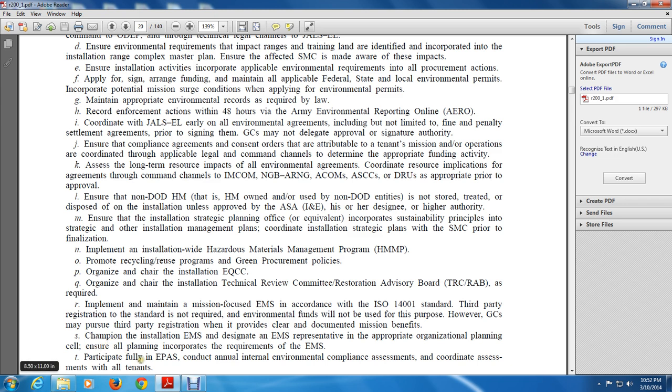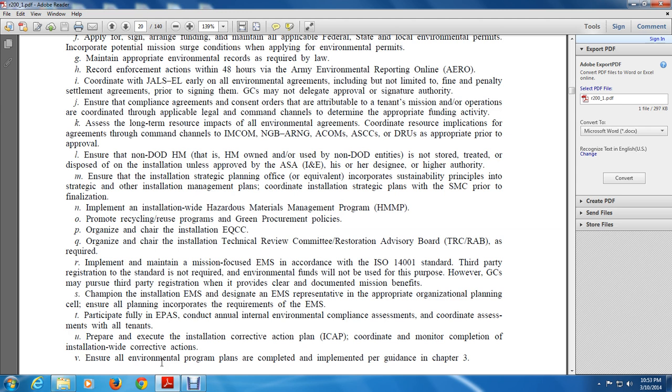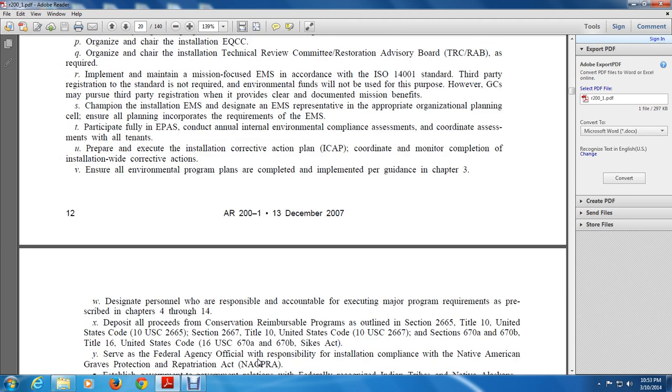Participate in the EMS to conduct an annual internal environmental compliance assessment, coordinating the assessment with the tenants. Prepare and execute an installation corrective action plan, and coordinate and monitor completion of installation-wide corrective actions. Ensure all environmental programs are completed and implemented as guided in Chapter 3, and designate personnel who will be responsible and accountable for executing major program requirements prescribed in Chapters 4 through 14. Ensure that all procedures for conservation